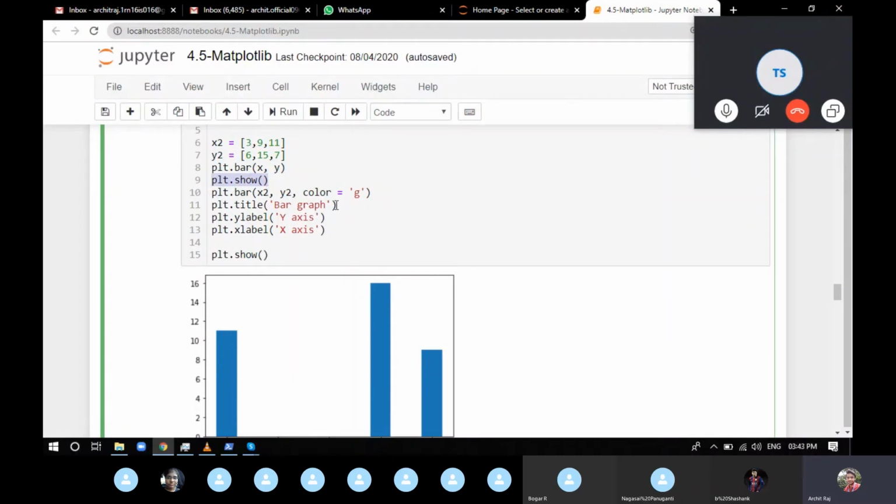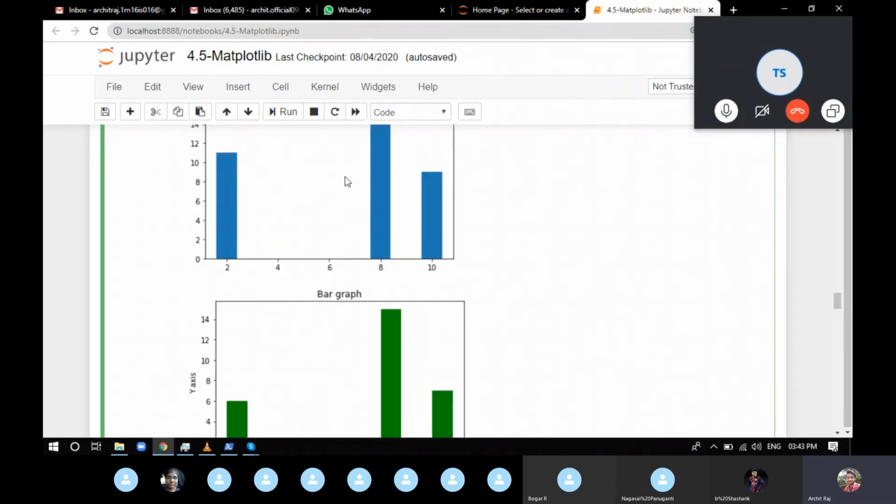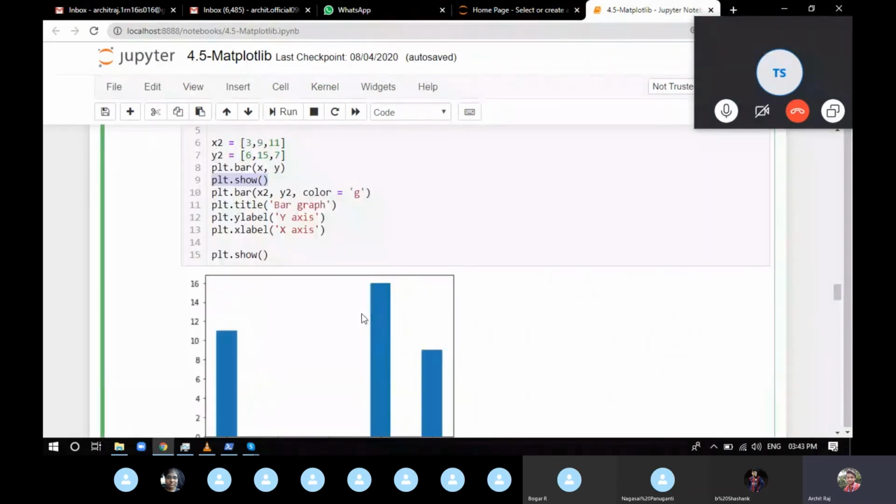Even if we remove this, what will happen? It's not going to show the bar graph; it's just going to keep the bar graph inside your RAM. And if you call the bar graph again and put another value inside, it's just going to put the data into that same bar graph you populated with the first line. It's not going to make another bar graph for you. It's going to populate it each and every time on the same canvas that you're providing. So if we execute this without showing the first bar graph, both of the bar graphs have been combined into a single bar graph.